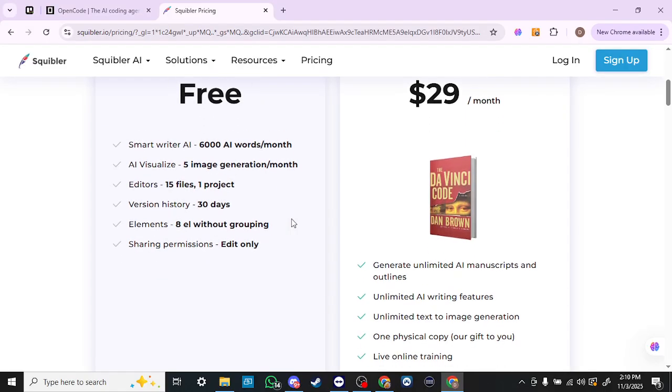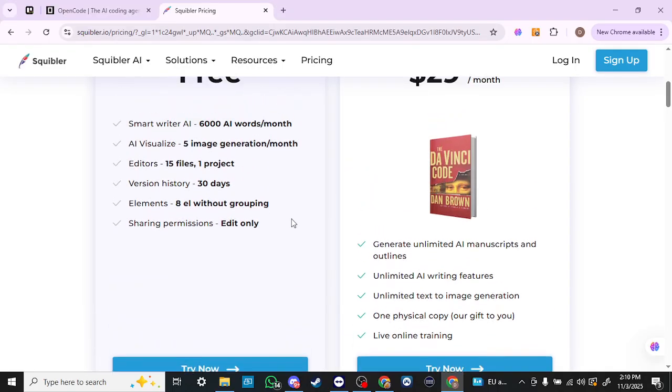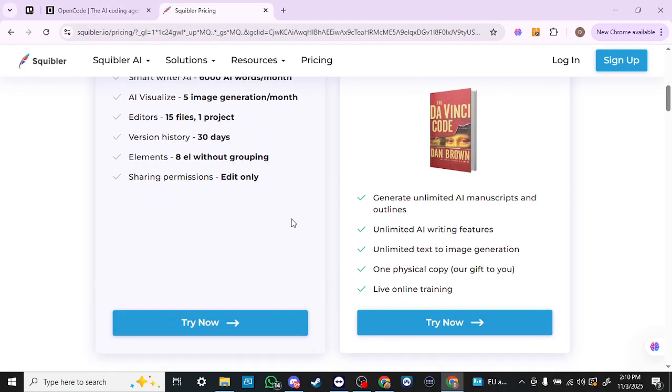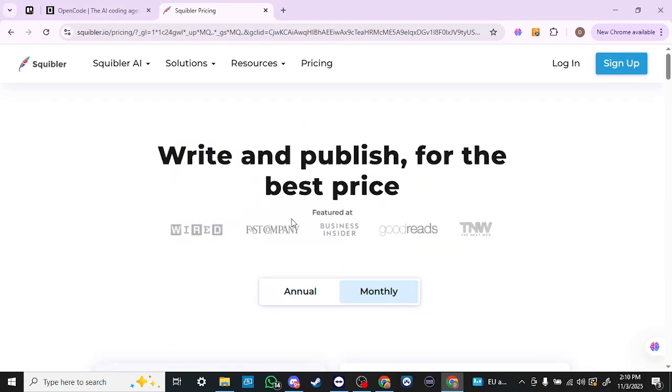your book. For $29 a month, you get unlimited AI manuscripts and outlines, unlimited AI writing features, unlimited text-to-image generation, one physical copy, our gift to you, and live online training. So that's not too bad, really. If you can get that book done in a month, then you get a free copy. So that's pretty cool. So if you're interested in using Squibler, head on over to